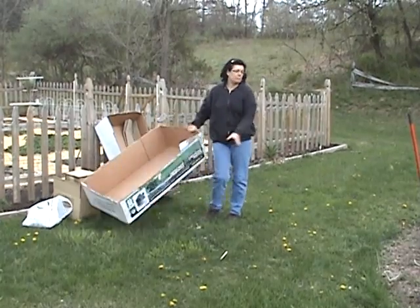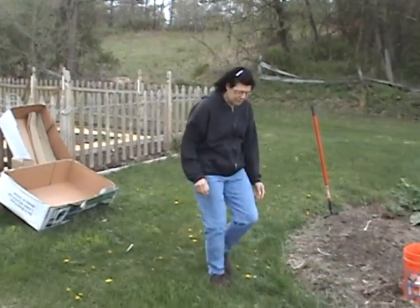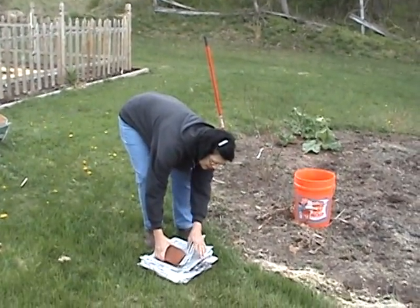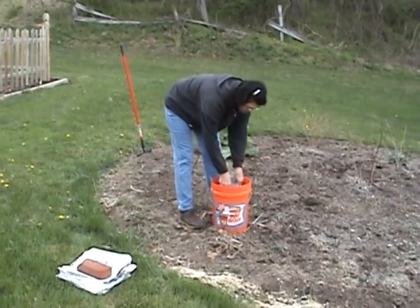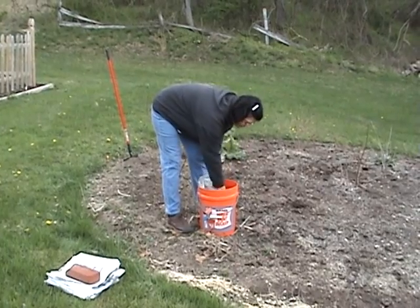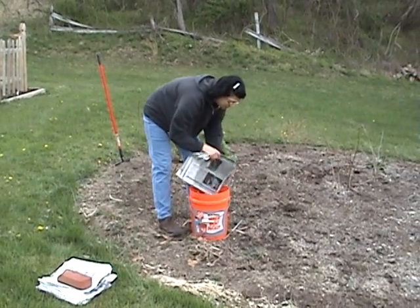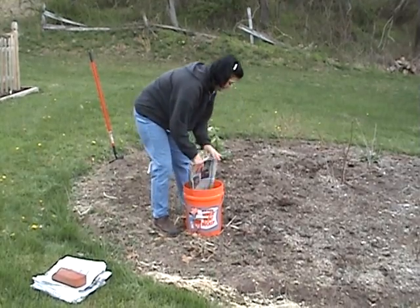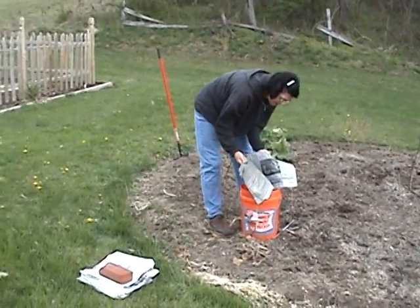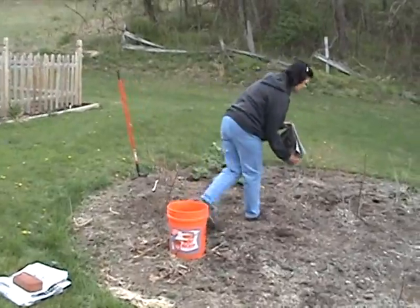So I'm going to start in the middle of the garden. I'll show you basically how we do this, and then I'll add a little bit of mulch. Put paper in the water, soak it, get it nice and wet, because like I said, it's windy and it will blow away if we're not careful. Okay, they're pretty wet. So I'm going to come over here